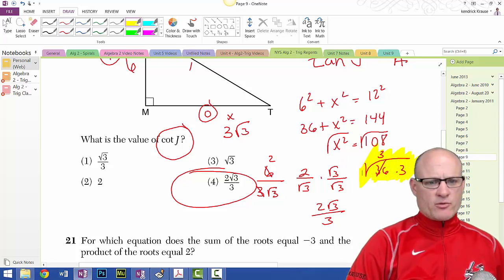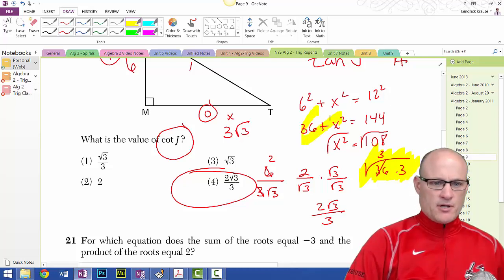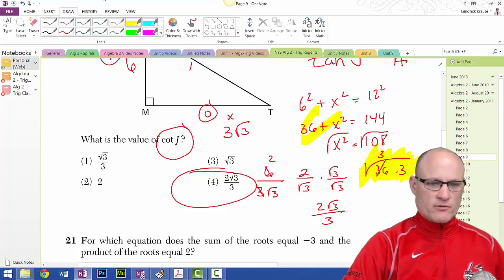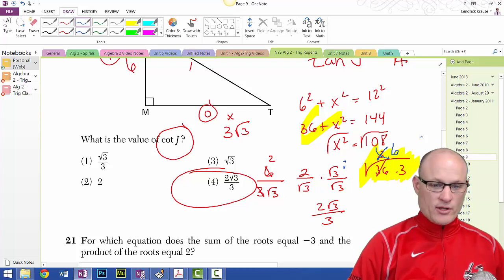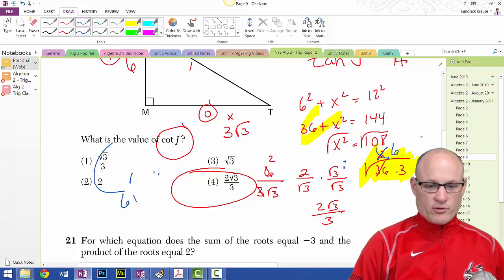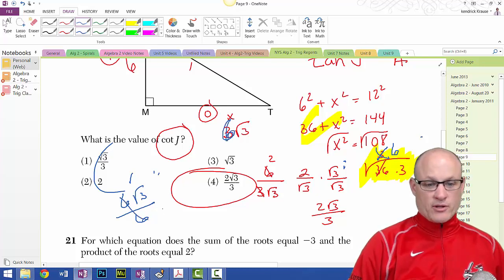How many of you all have taken the square root of 36 before and gotten 3? I just did. I just took the square root of 36 and got 3. I think I'm going to need a new pen. So this actually should not have been a 3. It should be a 6. So I should end up with 6 square roots of 3 over 6. See, because this should be 6 square roots of 3. These cancel, and I end up with